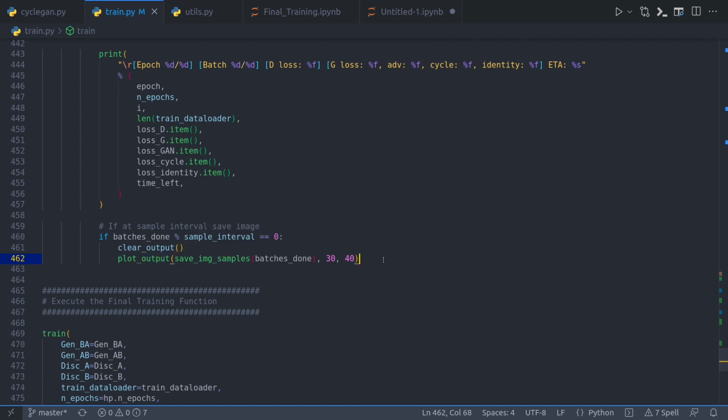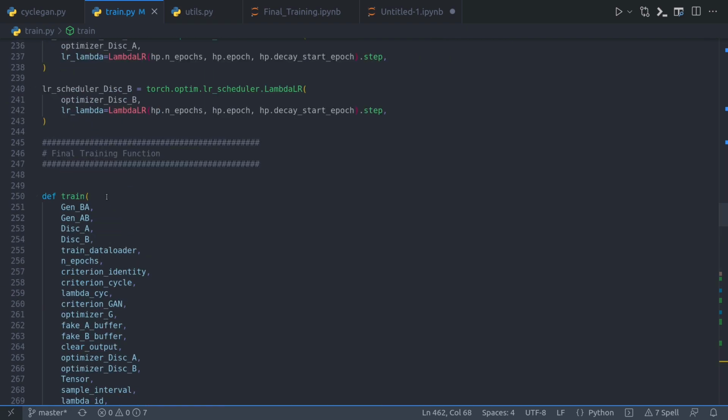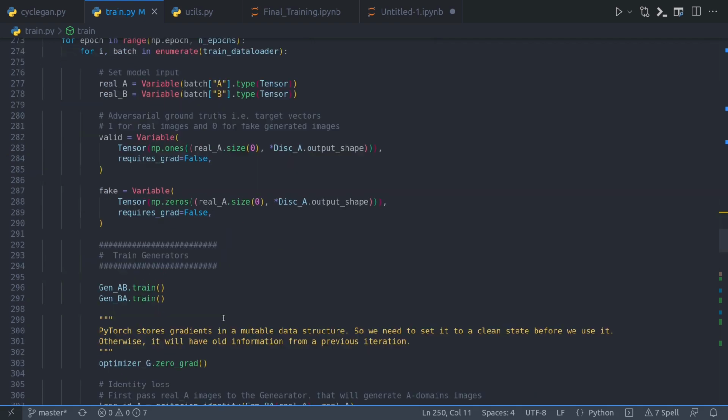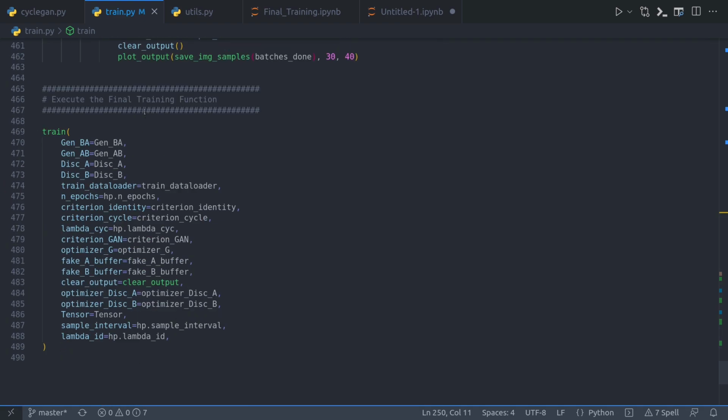Alright, so here my training method, this long training method, gets over. The training method started from here, quite a long method indeed. But after the method was defined up to here, I just need to execute the train method, and I also